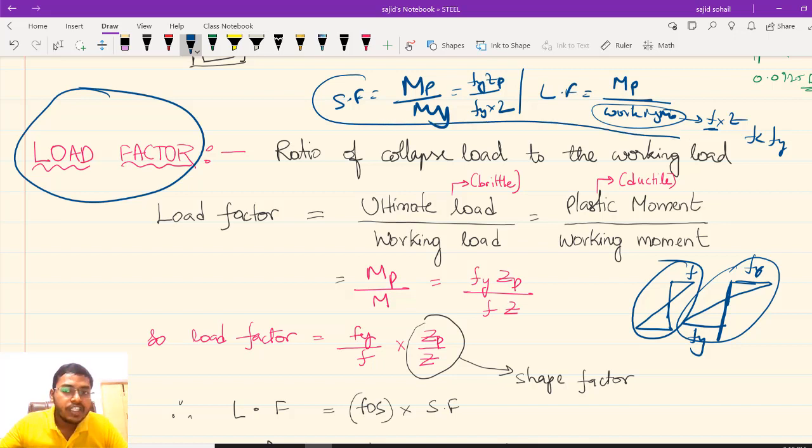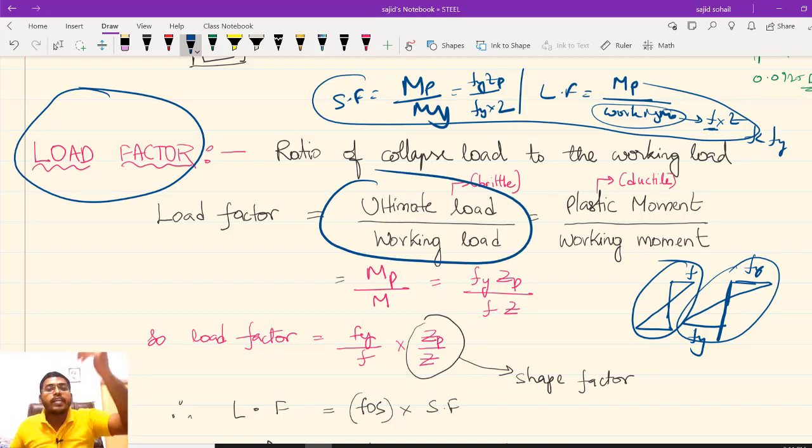Whatever definition I have given you, the plastic moment divided by working moment, is for ductile materials. For brittle materials generally you don't have a plastic stage. For ductile materials, if something has a stretching property and you keep stretching, it will enter the plastic condition, so we calculate the plastic moment. But if a material is brittle, will it have a plastic zone? No. So how do you define load factor? For a brittle material we define it as ultimate load divided by working load, as simple as that. This can be asked as a bit. Why do we do it like that in brittle? Because in brittle materials you cannot define it using plastic terms, so we use ultimate load divided by working load.